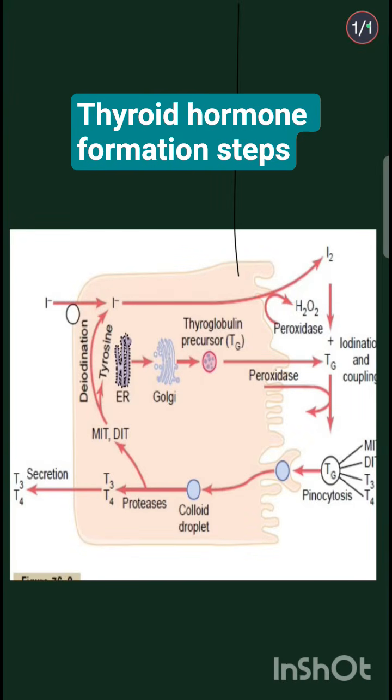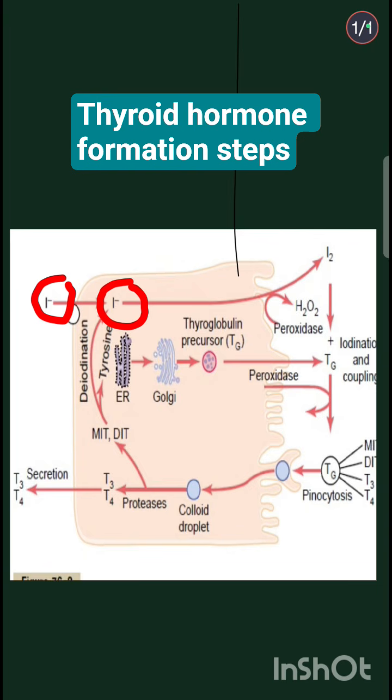Today we'll learn about the steps of thyroid hormone synthesis. The first step is iodide trapping. The iodide is trapped inside the follicular cell cytoplasm from capillary blood, and the channel required here is the sodium iodide symporter. There occurs co-transport of 2 molecules of sodium and 1 molecule of iodide inside the follicular cell. This is a kind of secondary active transport, for which the energy required is provided by the sodium